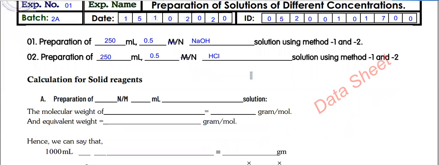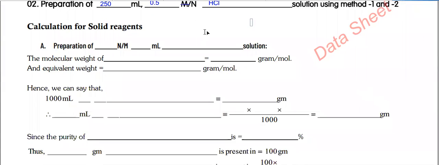Then comes the calculation of solid reagent. The solid reagent in this case is sodium hydroxide. So your problem is that you have to prepare 250 ml 0.5 normal sodium hydroxide solution. Now figure out the problem. Preparation of 0.5, you have to pen through the molarity, 0.5 normal, 250 ml sodium hydroxide solution. And you know that the molecular weight of sodium